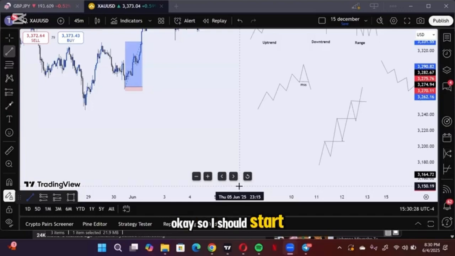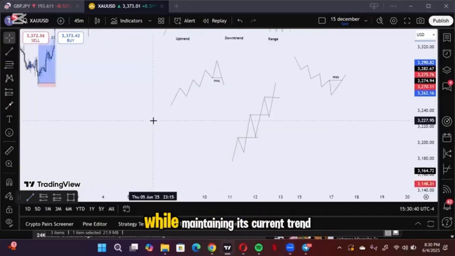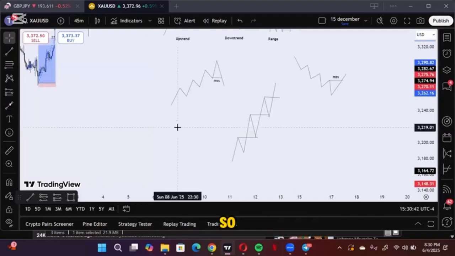Okay. So I should start with break of structure again. All right. So like I said, a break of structure is a scenario where price keeps breaking a key level while maintaining its current trend. So you already know that the market is on an uptrend. So if market makes a higher high,